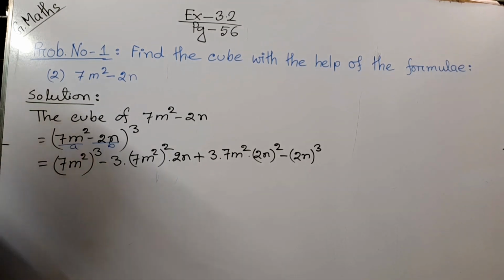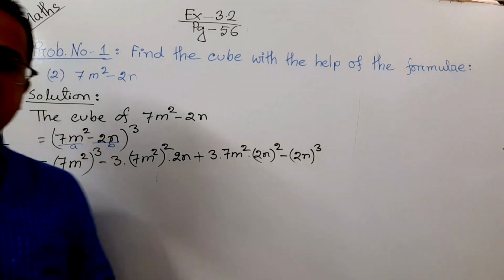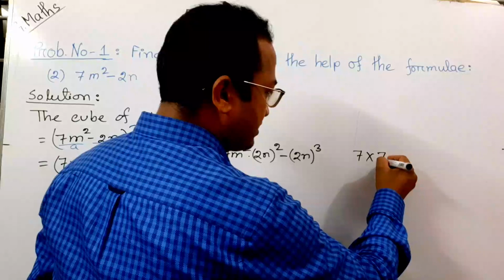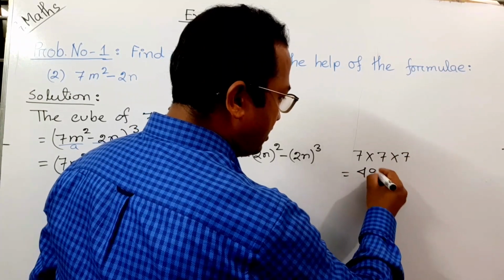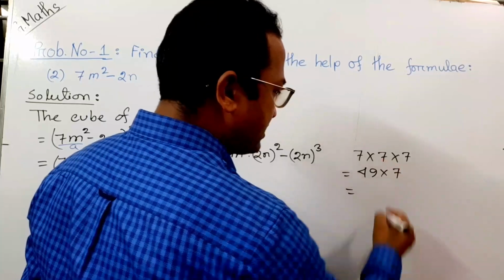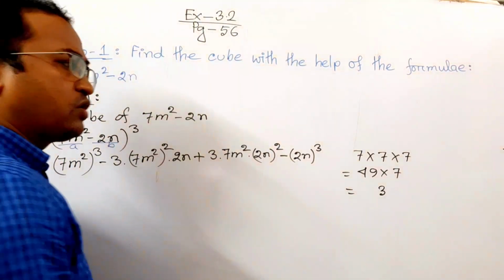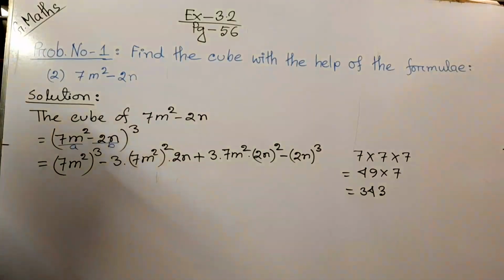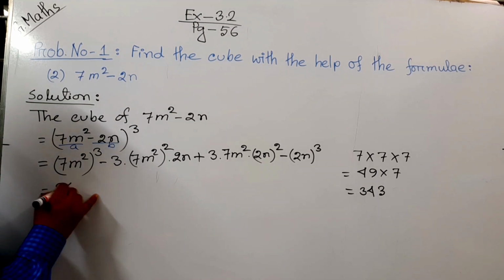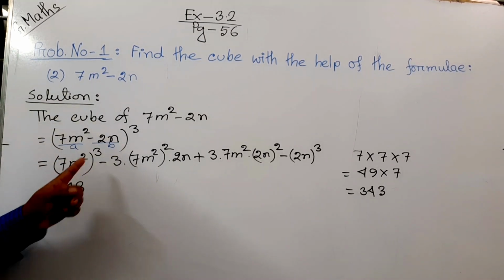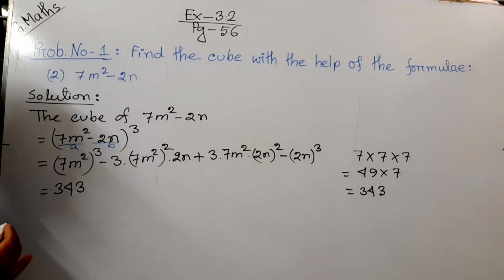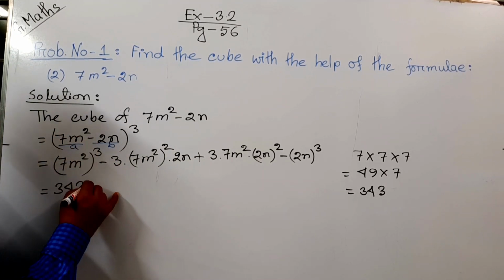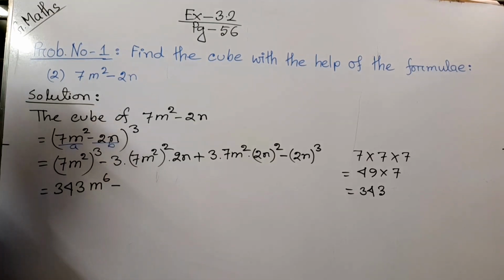What is the value of 7 whole cube? 7 whole cube means 7 into 7 into 7, that is 7, 7 and 7, 49 into 7, 4 9s are 36... that is 343. And m square whole cube, that is power of power. In case of power of power, we should multiply the powers. 2 3s are 6, m to the power 6, minus 3